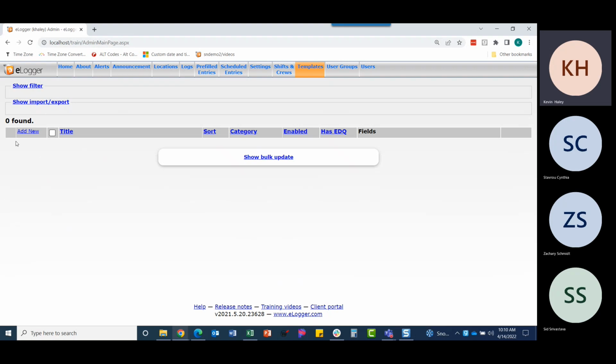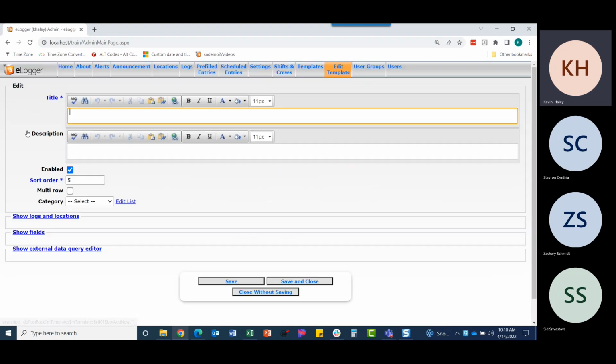Now, to create new ones, I'm going to click on add new here. Now this first portion up here, the title, description, the enabled function, the sort order, the multi-row grid feature, and a category, you input those pieces of information on every template you create. So for the title, I'm going to cheat a little bit here. I am going to do some copying and pasting. So the title is going to be that employee report of accident